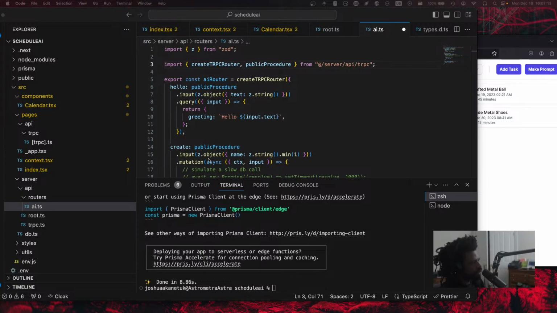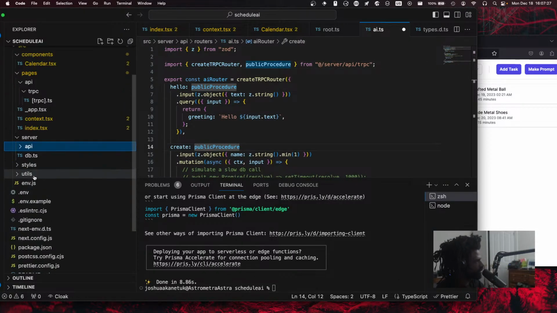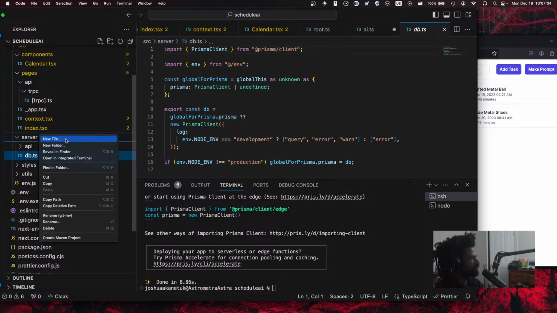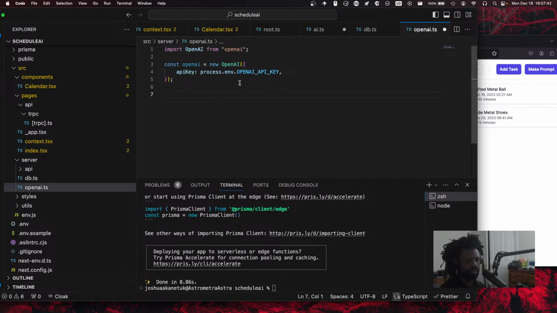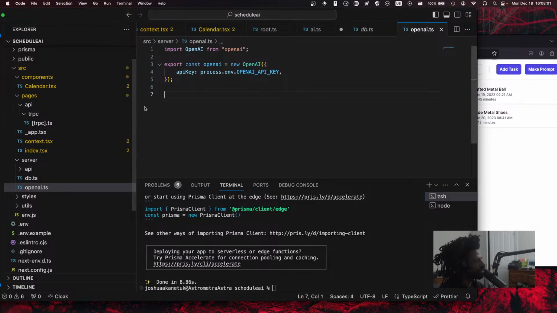Okay. So we have installed that. Server utils. So we can export a function that's like const